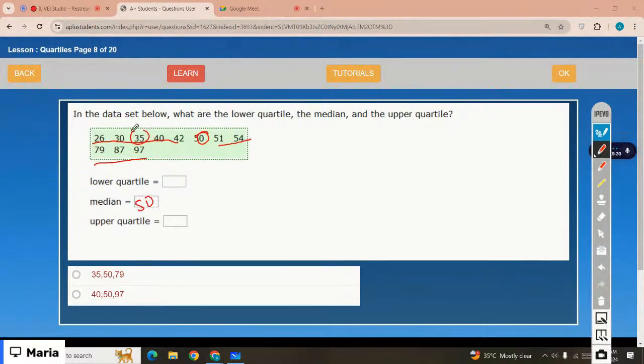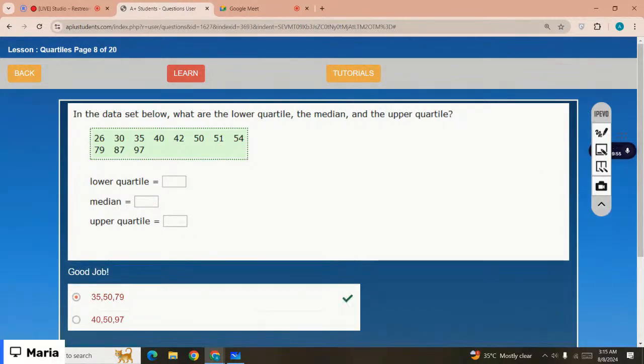The lower quartile is 35, and the upper quartile is 79. 5, 50, and 79. Option number 1 is